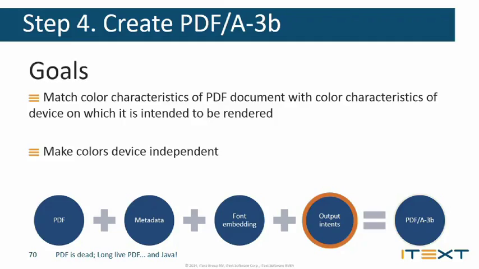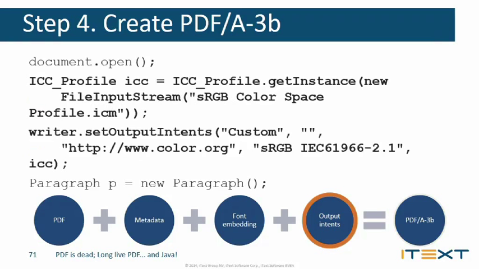And then we have a requirement on output intents, which is related to color information. If you use colors that are device dependent, and in the future, in 20 years, you have a different device, there's no guarantee that your colors will display the same as they do now on your screen, or whatever you are using to display your document. So we have to find a way to make colors device independent. And we can use an ICC profile, which is basically a mapping of colors to make these device-independent colors.